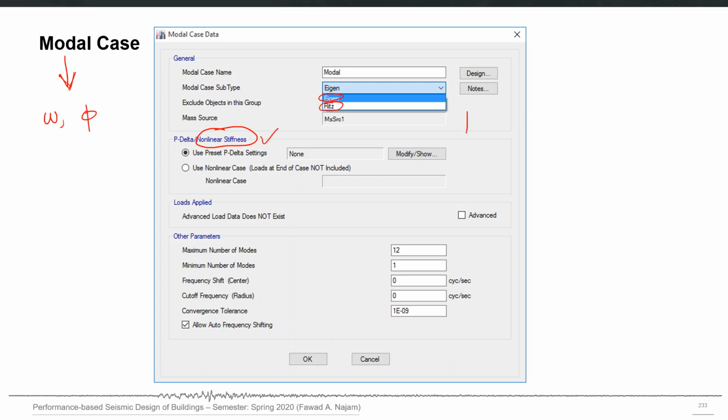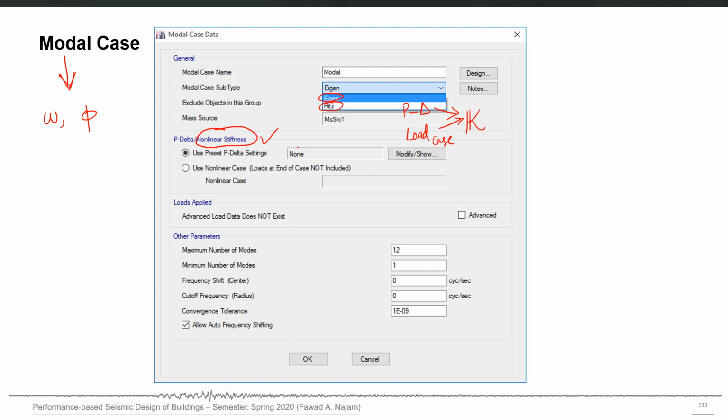So you can use the K matrix coming from either a previous nonlinear load case, and also the K matrix can be used which is modified based on the P delta settings. So P delta settings can also be used for this K matrix.